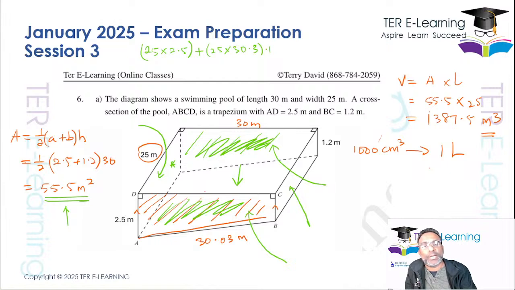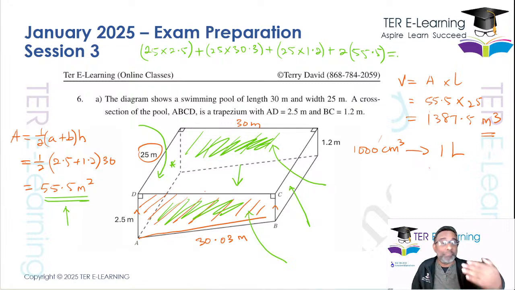Plus, we have this face here, which is 25 by 1.2. Plus, we have 2 of the trapezia to work out as well, which is 55.5. So the total area that you have to paint on the inside of the pool is going to be